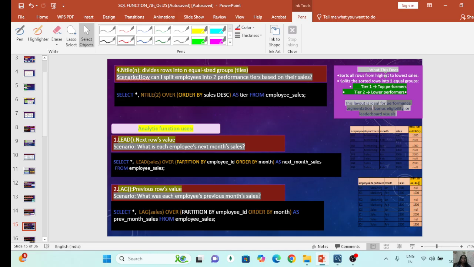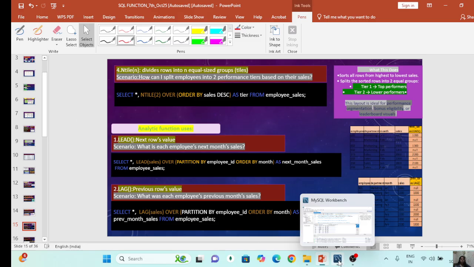And if we see what it does, it sorts all the rows from highest to lowest sales, then splits the sorted rows into 2 equal groups. First it looks at the sales in order, first ordering by the column, then it splits. Then tier 1 is the top performer, tier 2 will be the lowest performer. This layout is ideal for performance segmentation, bonus eligibility, and leaderboard visuals. Okay. So now let's move towards our